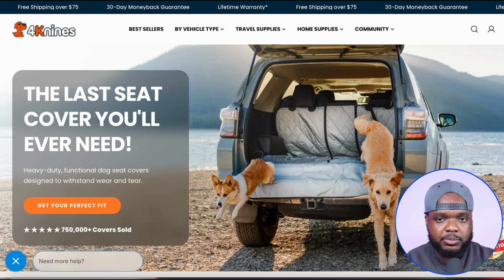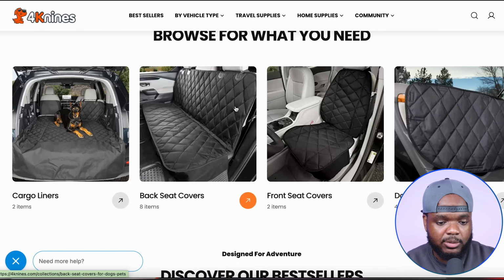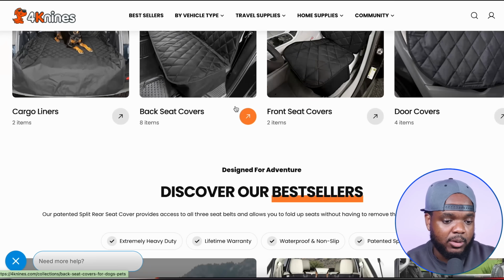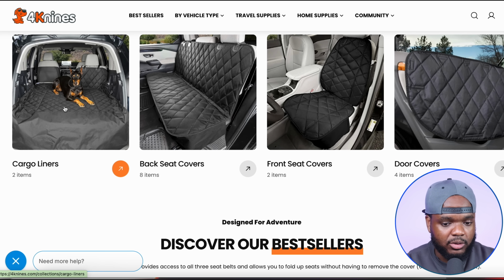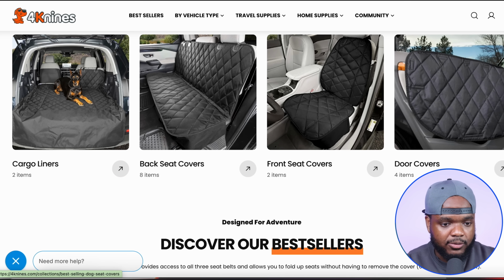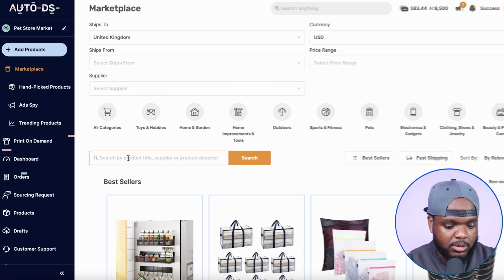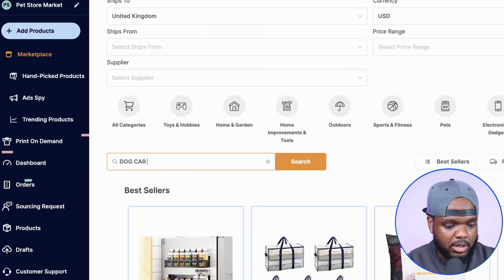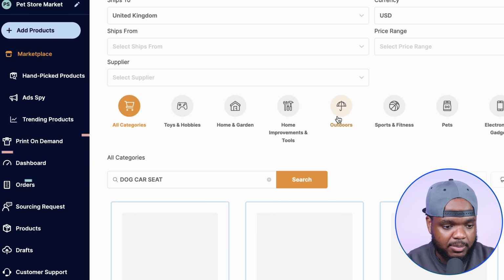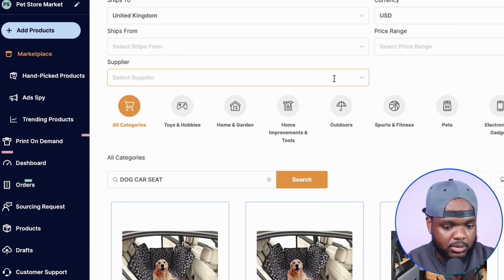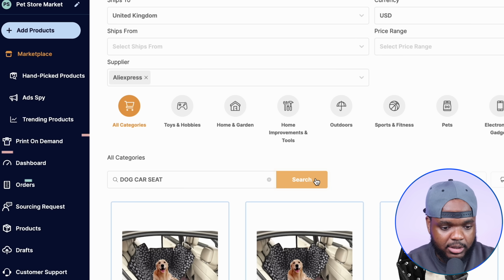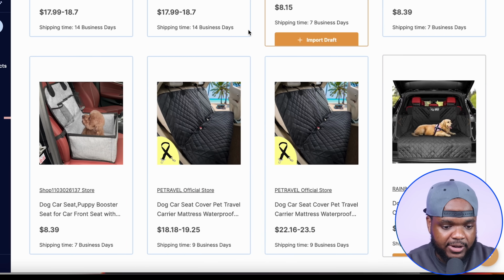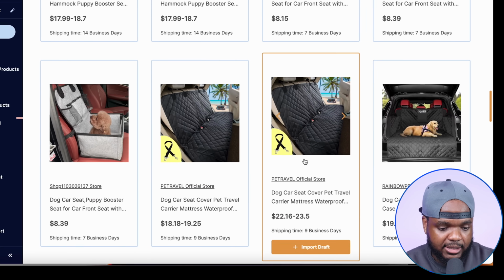So they're not really my competition, but it's a pet store. They're drop shipping similar products that can also be found on AutoDS. For example, they've got all of these different dog car seats. And if I just go over to my AutoDS account, I'm just going to quickly type in dog car seat and let's see what comes back. Oh yeah, first I just need to change it to AliExpress and click on search. Yeah, so right here, as you can see, there's very similar products on AutoDS